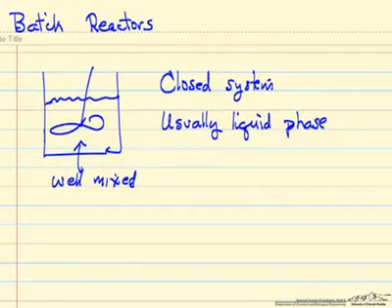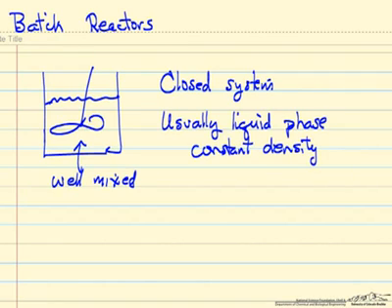We're going to provide a brief overview of batch reactors in this video. In a batch reactor, essentially a tank, almost always a liquid, except if on a small scale like in a laboratory reactor. Any large scale, it's essentially always a liquid that's stirred, so it's well mixed. It's a closed system, meaning we're not adding to or removing any material from the reactor. And because it's usually liquid phase, it means that in most cases it's constant density, and that certainly simplifies some